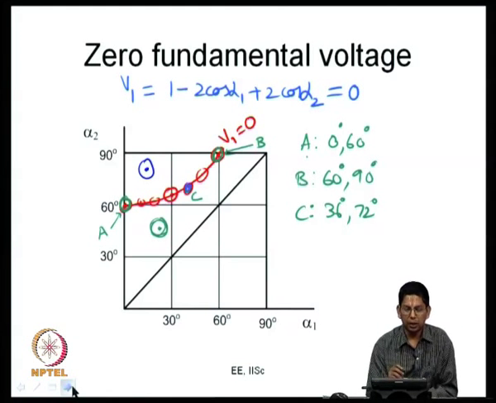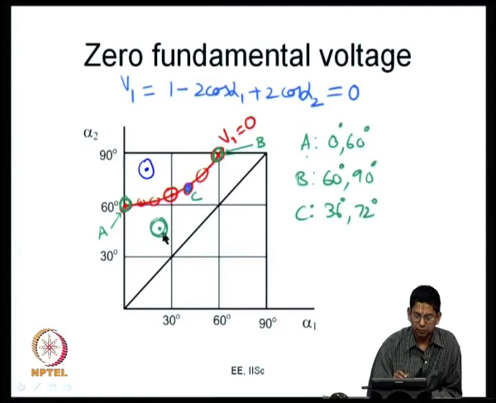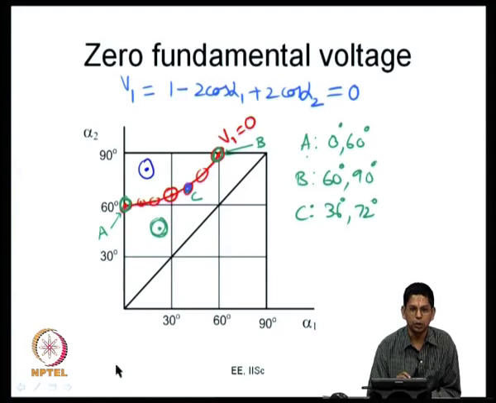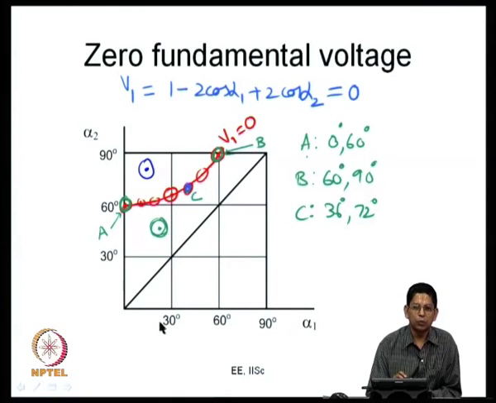So, we looked at the fundamental voltage control. What we saw was the switching angle problem. You can look at this waveform as a point on this plane, alpha 2 versus alpha 1, where alpha 1 is one of the switching angles and alpha 2 is the other switching angle. So, you see these points, how they go about. We saw that any point here represents a waveform of a particular value of alpha 1 and a particular value of alpha 2. And this red curve is the 0 fundamental voltage curve.